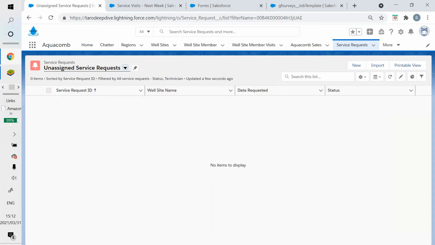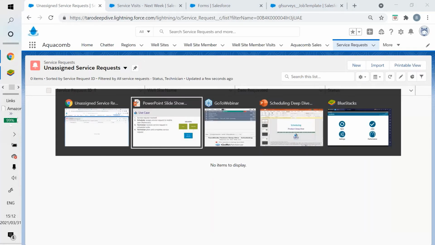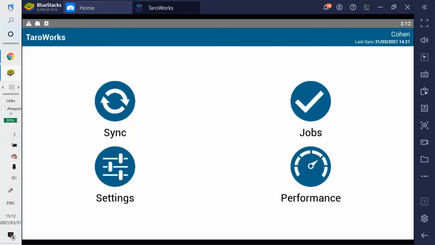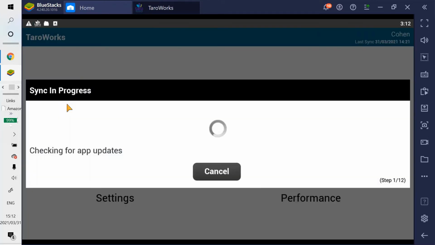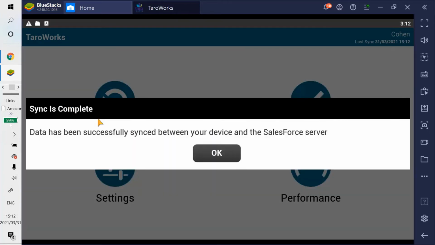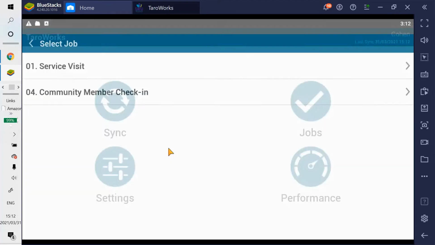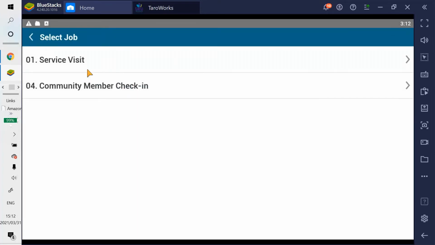So now taking off the scheduler's hat and putting on the technician's hat, I am now logged into TaroWorks as Billy Cohen, the technician. And what I'm going to do is first synchronize to get any updates from Salesforce onto my device. And the job that we're going to be using is called Service Visit. So this Service Visit job is what the technicians will use when they arrive at the well site that they need to perform maintenance on. So if I open up this job here